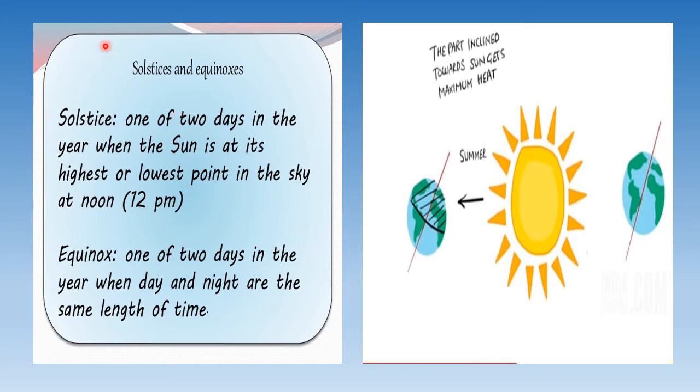Now what are solstice and what is equinox? Now solstice, again we have two solstices and we have two equinoxes on earth. Now solstice is one of the 2 days in the year when the sun is at the highest or lowest point in the sky. We are going to talk about it in detail in the next slides. And equinox means from equal only, when the day and night are of the same length on the earth. Solstice means the sun is at one position only. Sol means sun, stis means it is stationed there for a long period of time.